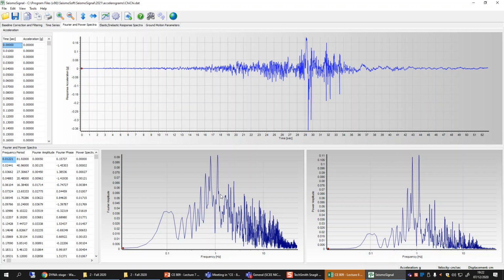So the contribution of the frequencies near the peak values is higher, and other frequencies have lower contributions, but they are there in the signal. Same information from here also. You can see here that these two peak values are exactly at the same frequency here also. So the frequency composition of a particular acceleration history can be obtained from